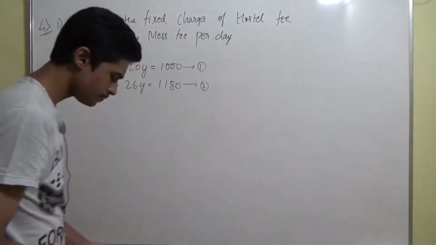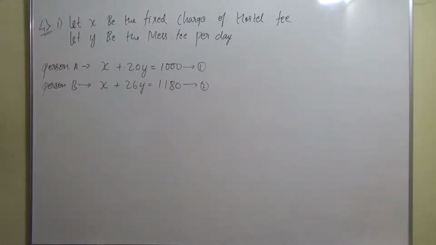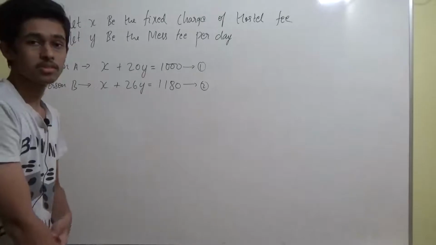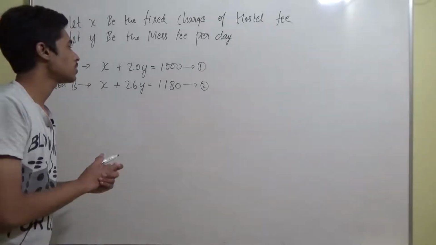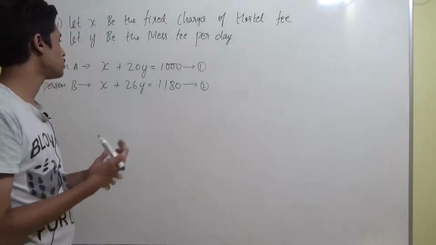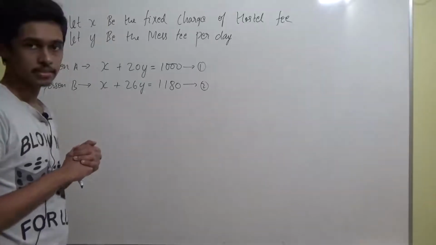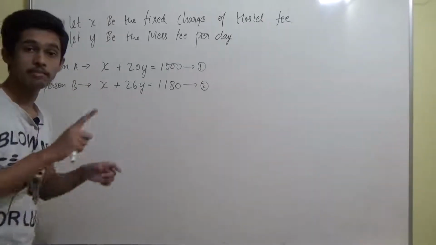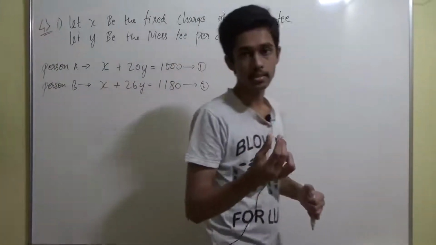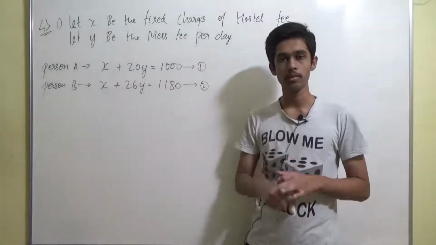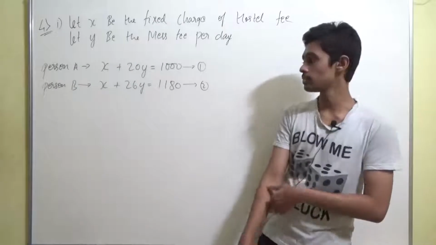Now we can solve this using any method as they have given. So which method should we use guys? I would not tell you to use cross multiplication, and I'll tell you the reason. Because the numbers are a bit big, right? In cross multiplication the numbers will keep on becoming big, so it might lead to some calculation error, or the calculation might be difficult, right? So in this case, elimination or substitution is the best guys, because if you see, already both are the same, right? In elimination, if you remember, the term with X or Y, any of these two terms should be the same to cancel it out by elimination, right? That was the elimination method.